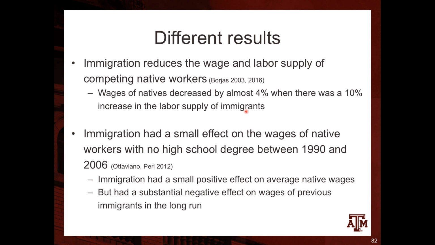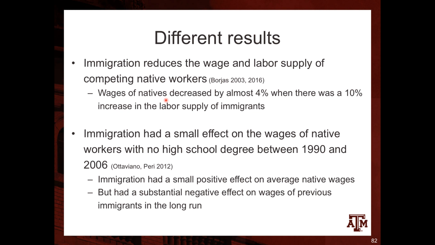So he's pretty much saying that whenever you have an increase in immigration to the country, and usually immigrants with lower skill, they will compete for jobs with US-born workers that are also low skilled, in the lower levels of education, and then they will have this negative impact on the US-born workers' earnings. So an increase in the number of immigrants in the country has a negative effect on the wages